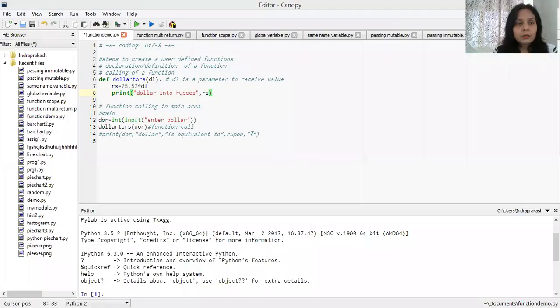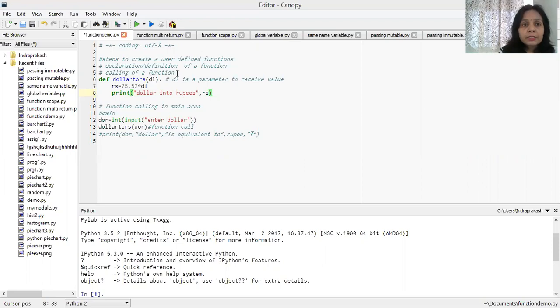Okay, so now I made this program for you to explain the concept of Python function. To create the Python user defined function, we just use two steps. One is to declare and define a function, and the second one is to call a function. Declaration and definition of a function includes declaring the name of the function, as well as declaring the parameters of the function. After declaration and definition of a function, we just need to call the user defined Python function, so that the function will execute and will provide the result, right?